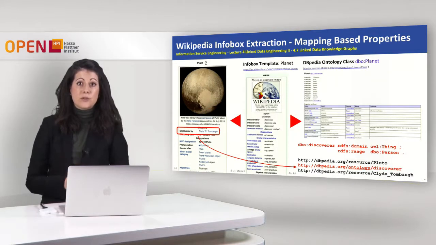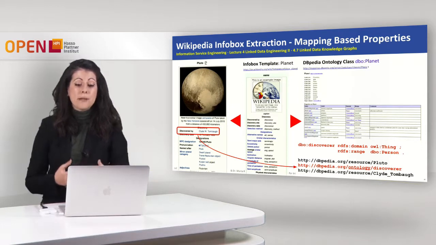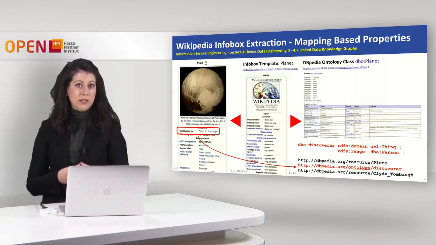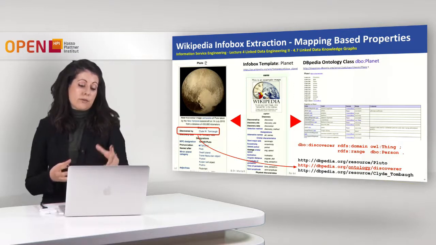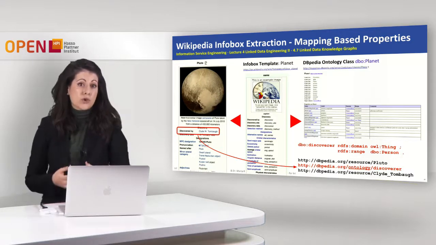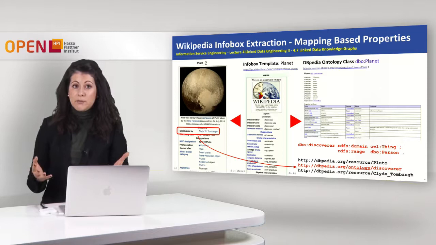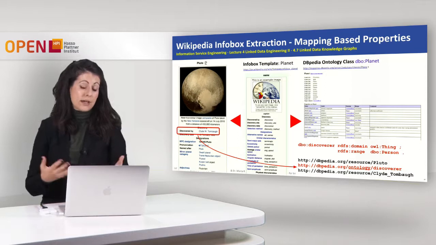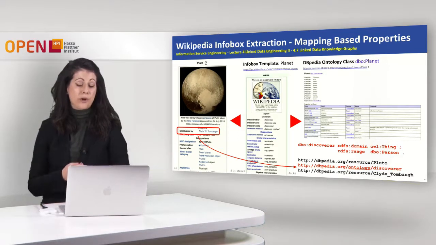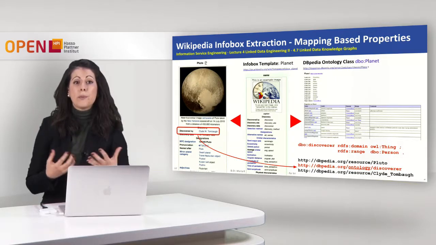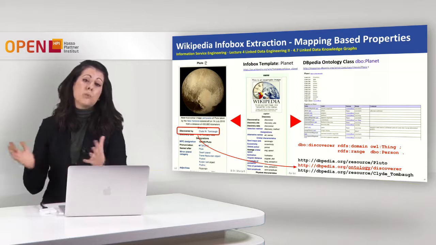But they have a second extraction framework, which resulted in the mapping-based properties dataset. Again, the information here is extracted from the info box of the Wikipedia page, but the properties extracted are those that conform to the DBpedia ontology this time, so not every property. And of course, here there are normalization steps or techniques applied after the extraction framework, so that they are able to generalize the domain and the range of a property,